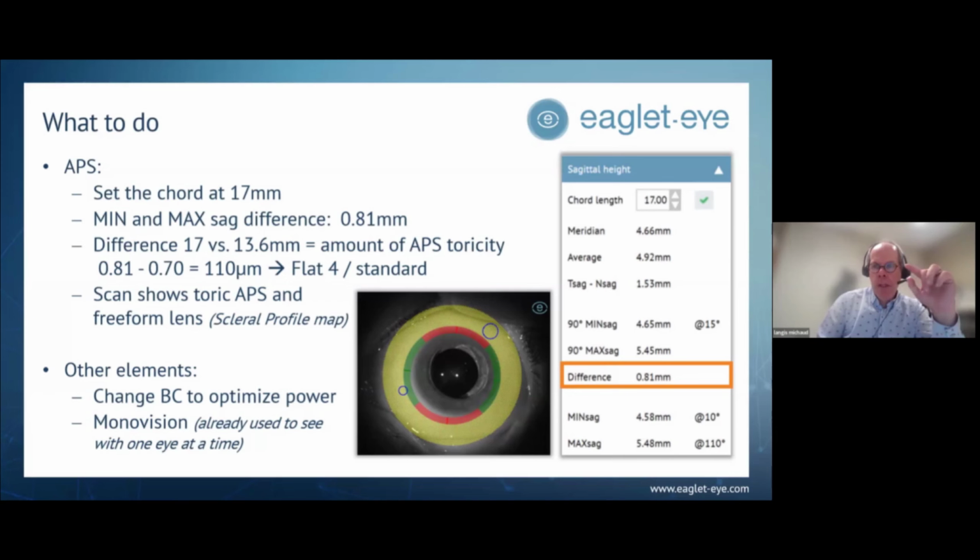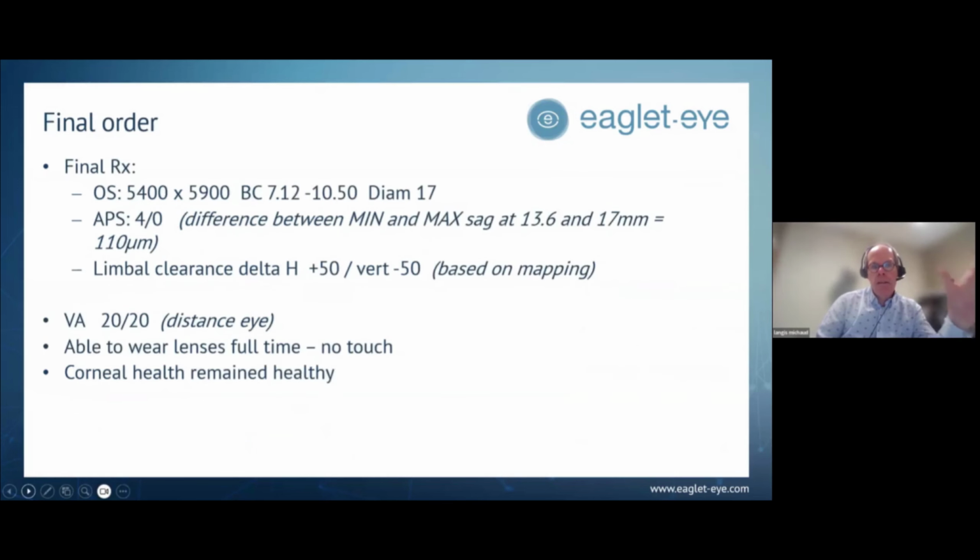This is important here, because at 17, I evaluate 800 microns of differences. If I have a regular lens with no bi-elevation, just a regular design, I would have to apply this entire 800 toricity in the periphery themselves. Obviously, my vaulting chamber will be highly irregular, and it may create aberrations and visual issues. Here, I know that my periphery will be 110 microns toric, and the rest will be put in the vaulting chamber. So again, a bi-elevation applied in that particular cornea. So 500 microns there,